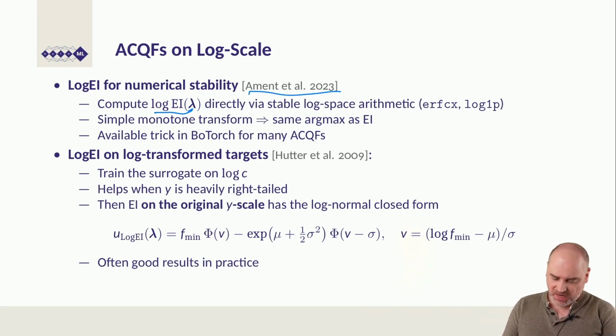So in this paper here, they have shown how to do this very nicely via stable log space arithmetic by using special logarized components, so to speak, in the computation, and that gives you a very stable evaluation of the log EI. That is also an available trick that's implemented in BOTORCH, and a similar thing is usually implemented for many other acquisition function types, and that resolves the problem of having these zero plateaus in